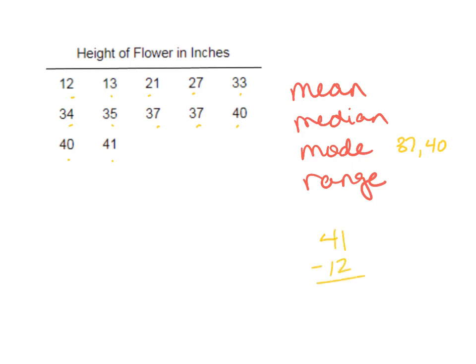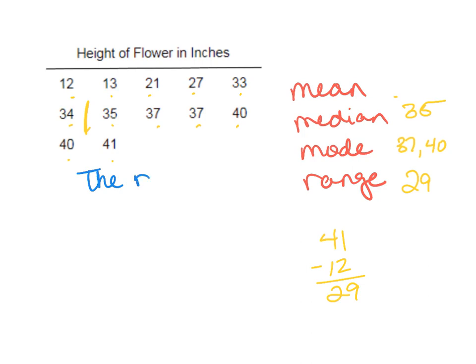41 minus 12 to find the range would give me 29. Median, there's 5, 10, 12, 1, 2, 3, 4, 5, 6 would be in there, so the median would be 35. And I'm not going to go through and find the mean. You guys can do that. But basically what they are asking you to do is interpret the data. So you could say something along the lines of